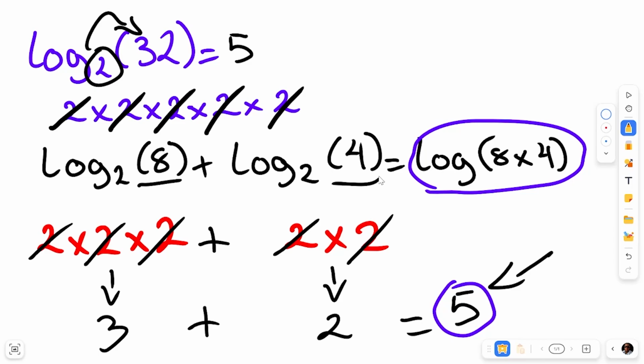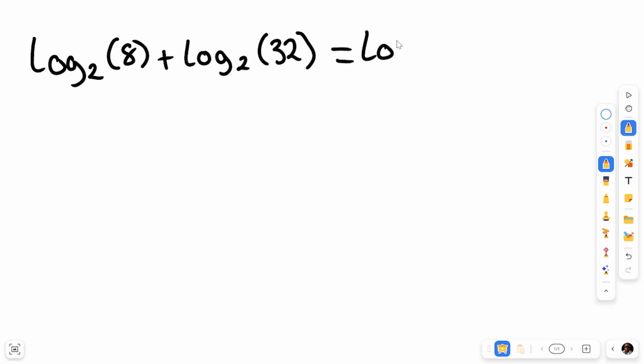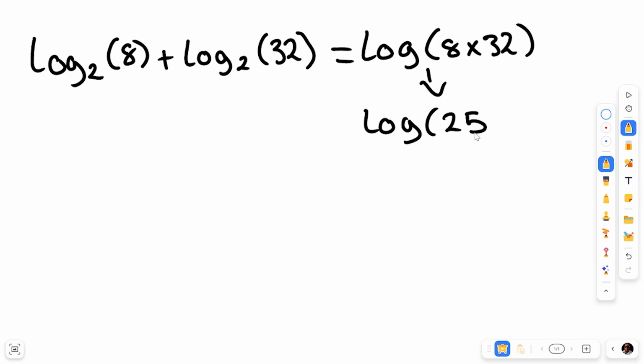I'm going to do one more example in case this is a bit messy. I'm going to have log base 2. Let's pass 8 again, and I'm going to say plus log, let me add the base here, so the base, and it's going to be 32. We're saying here that this is the same thing as log of 8 times 32. And this here should normally be the same as log 256, because if you do 8 times 32, you get